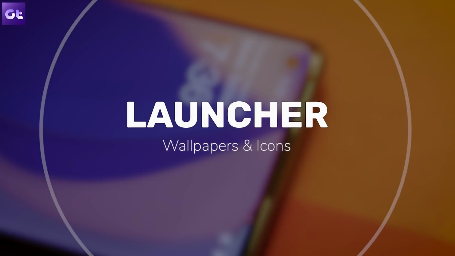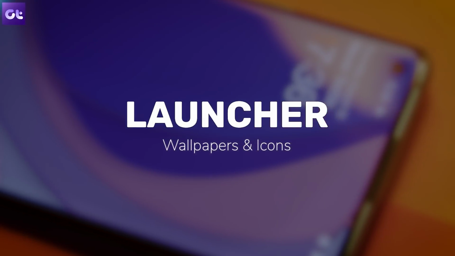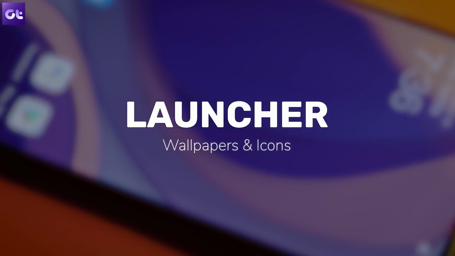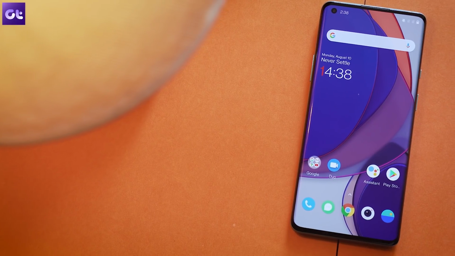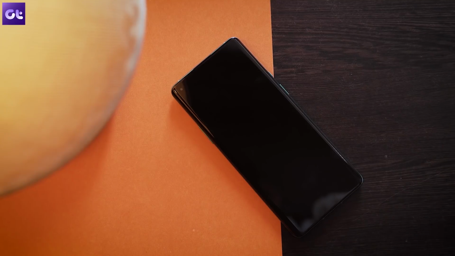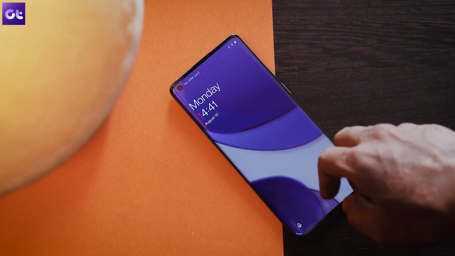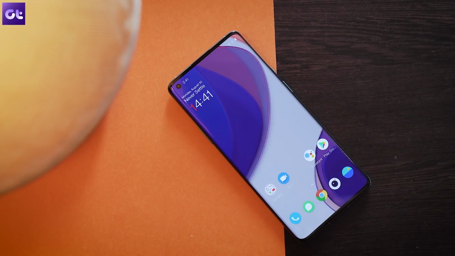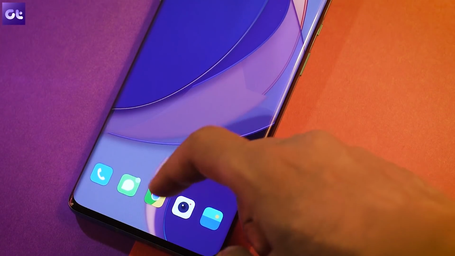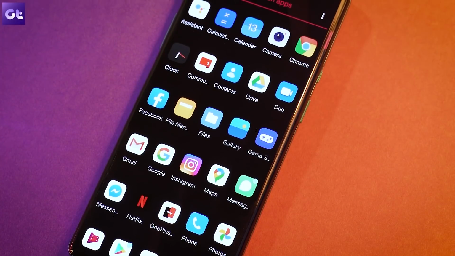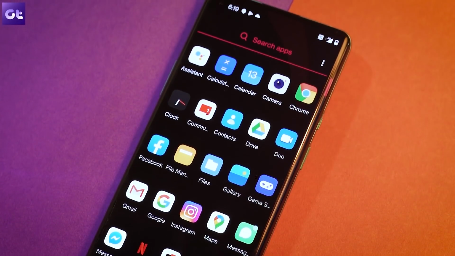Okay, so right at the home screen, we have a couple of new changes here. OnePlus has introduced two new wallpapers. One is this boring static wallpaper, but the other one is this live wallpaper. So not only does it change the animation when you unlock the device, but the colors of the wallpaper also change depending upon what time of the day it is. Then you have these cool new icons for the dialer, messages, gallery, and whatnot. It's all just a very fresh feel.